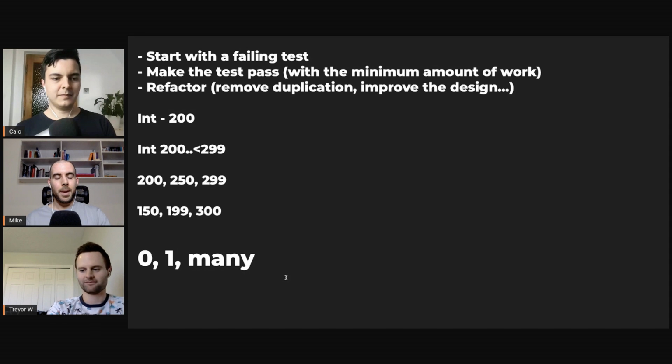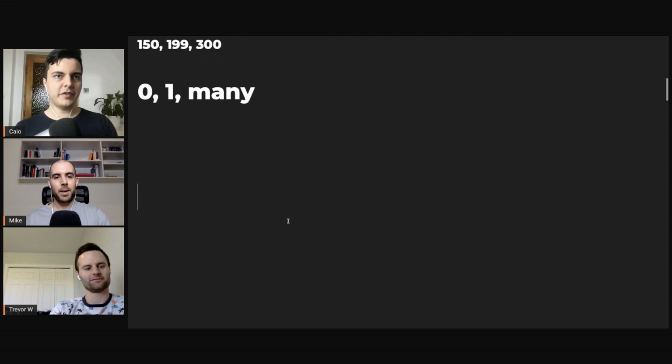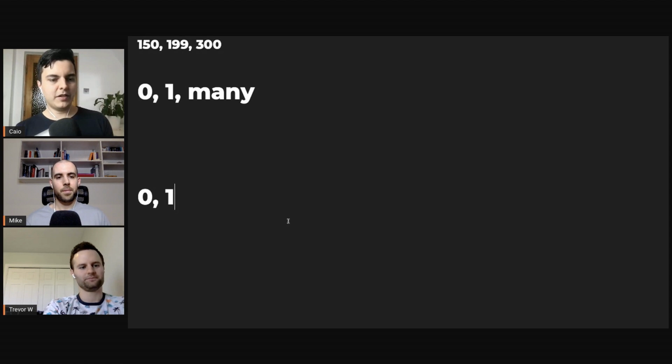Right. For example, if you're testing a communication between two objects and you want to make sure that they are sending the messages correctly when they need to be sent. So if it's one object sending one message to another object, you need to test the case where you shouldn't have sent the message, when you should have sent the message, and how many times you should have sent the message, right? Should have sent only once? Should have sent it twice, 3 times? It's important to know,